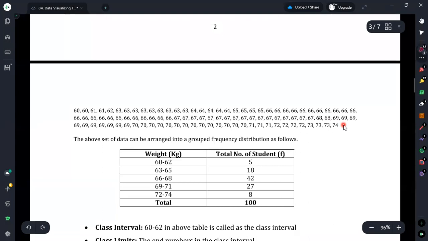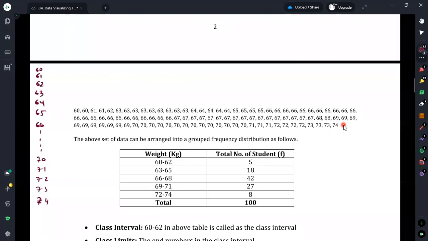Therefore, you would have a somewhat lengthy table if you use the ungrouped frequency distribution. You have to start from 60, then do it for 61, 62, 63, 64, 65, 66, and likewise up to 70, 71, 72, 73, and 74. If you use a table in this form, it will be much lengthier, and it will not be easy to understand or get an idea regarding the data we have collected. Therefore, instead of the ungrouped data distribution, we can shorten our table by making classes for this variable.